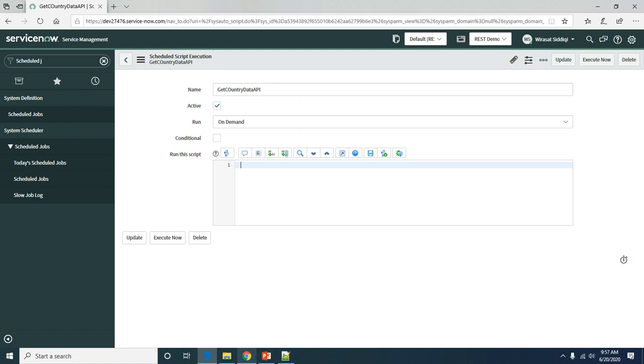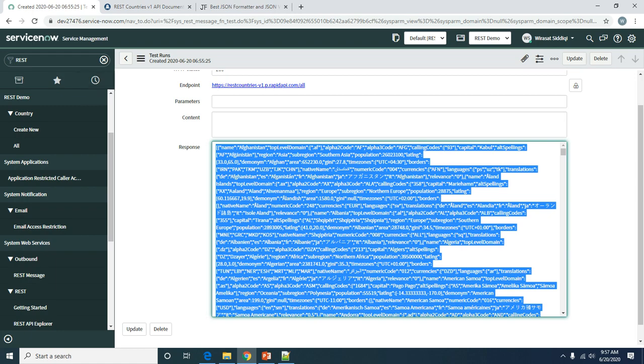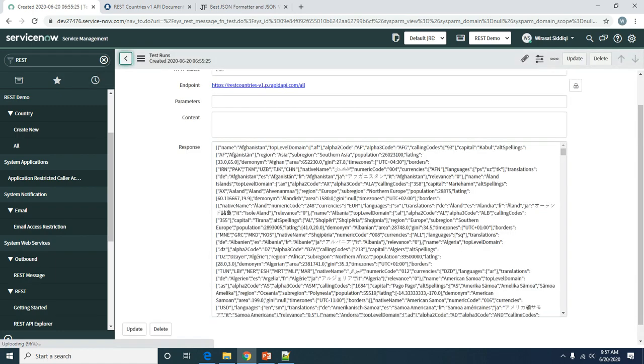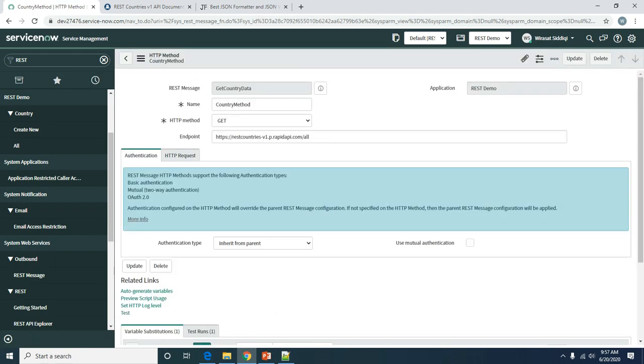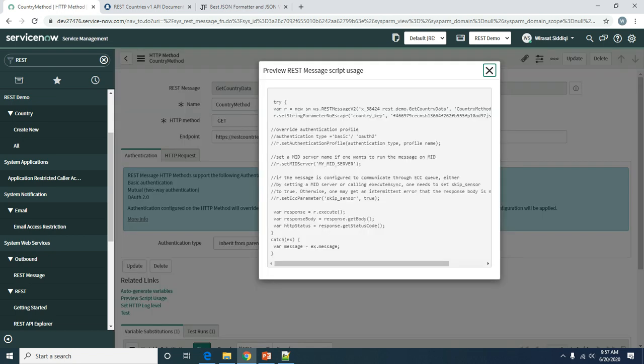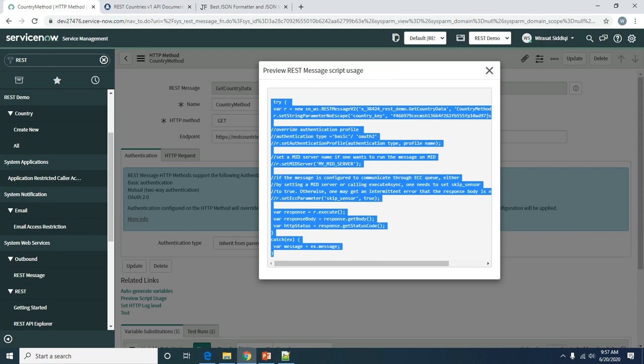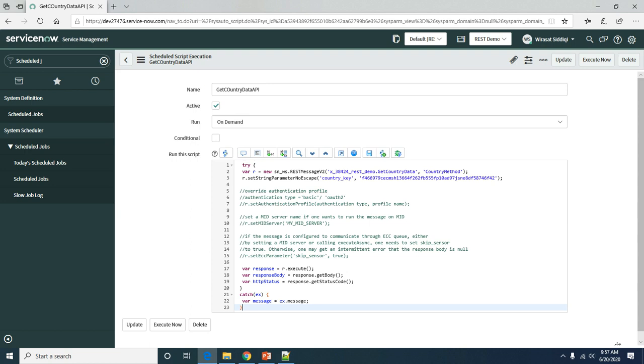So now if we go back to our REST message, when we created the REST message, ServiceNow automatically creates a script that you can use. So I'm going to copy this script and paste it in right here. Okay, so we need to modify this script a little bit. First of all, if you see, this is hard coding the value here. So what we need to do is